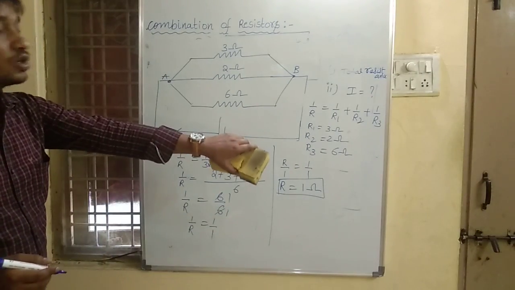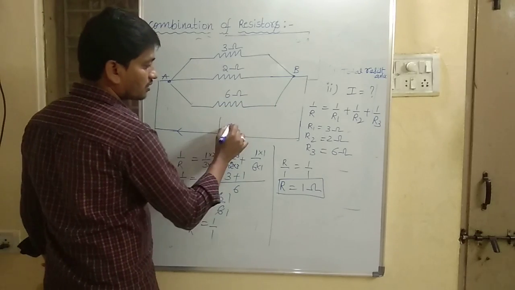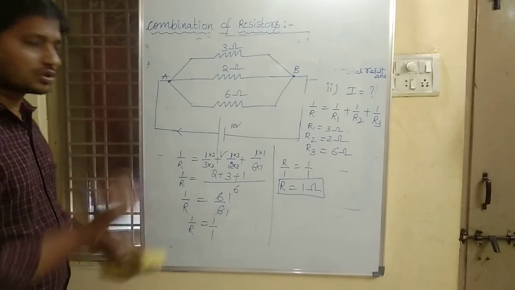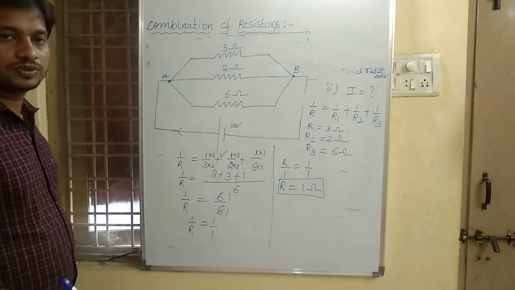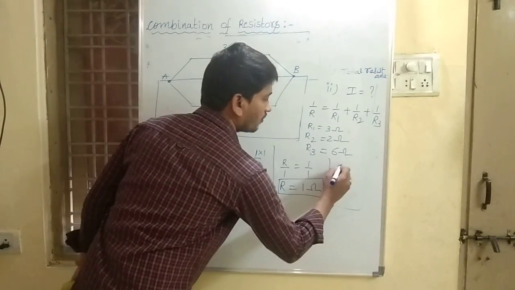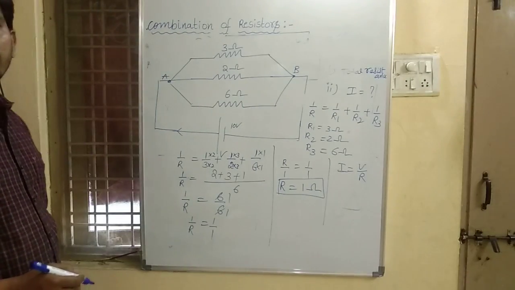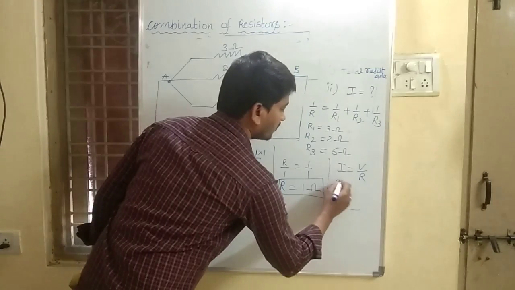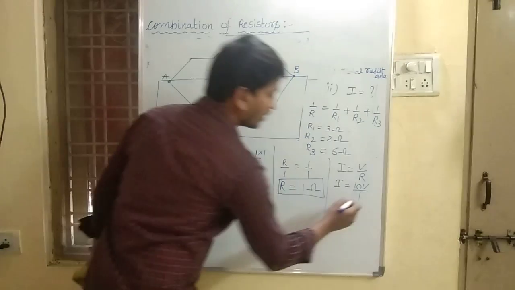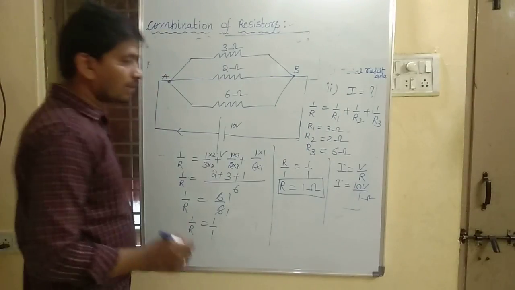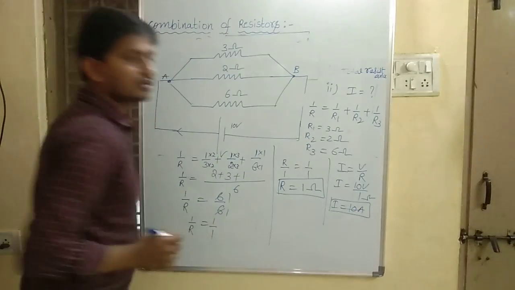They may ask us what is the electric current. So for example, suppose it is maintaining a potential difference of 10 volts. Then what is the current in the circuit? As we have the formula I equal to V by R. So I equal to V, which is 10 volts, and the resistance is 1 ohm. So 10 by 1 is nothing but 10 only. So the current in the circuit is 10 amperes.